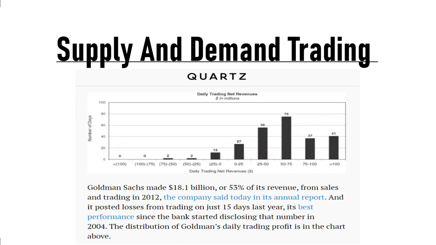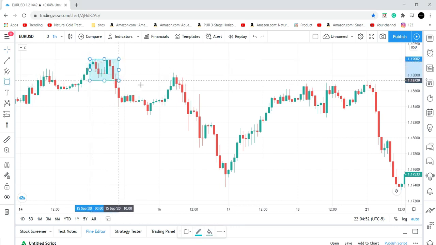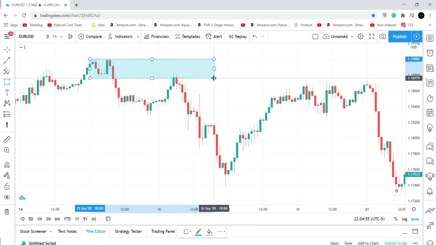So let me go to the chart and show you. Okay, so right here, we're going to show you how to draw these zones first, and then we're going to show you how to look for supply and demand. So right now, guys, we're looking at this chart, and we have aggressive selling right here, okay? So what I like to do is take the meat of the move. So the candles around the zone, I like to take all those candles and put the zone around those candles, okay? And the reason why is because a lot of times you will see price come to that zone where you have a lot of these candles. It will come exactly at the bottom of that range, or the top of the range, and it will